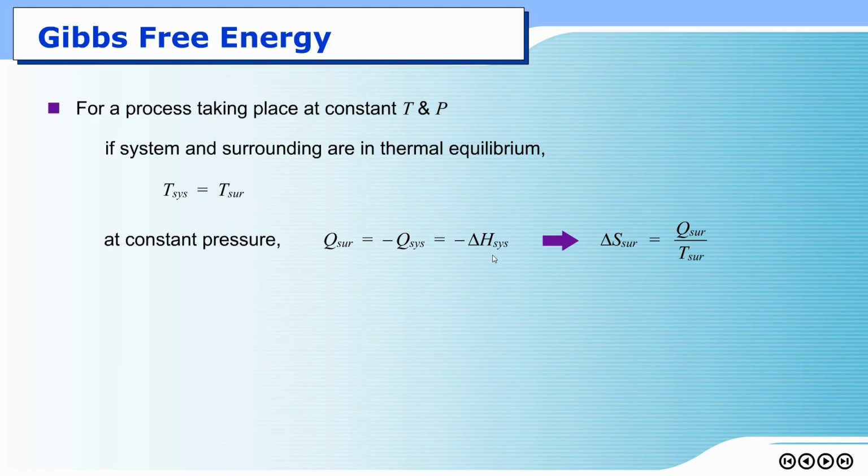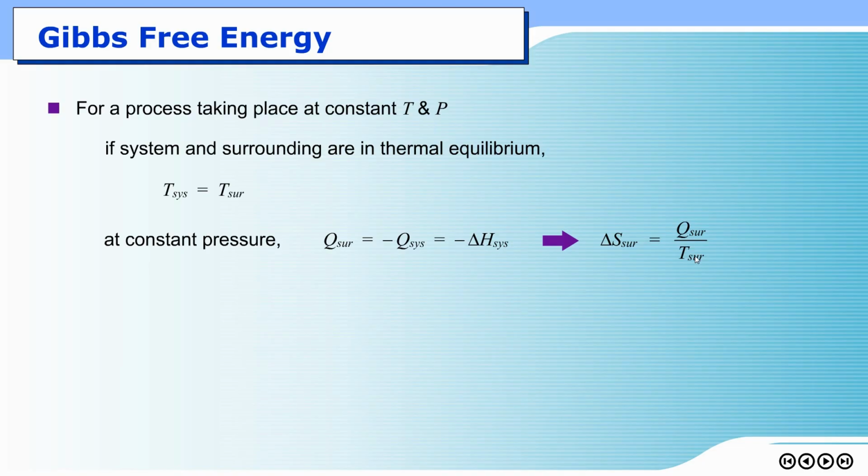Therefore, if we replace this into the definition of entropy, we can calculate delta S of the surroundings from the heat of the surroundings divided by the temperature of the surroundings, assuming that the heat transfer from the system to the surroundings is reversible, just like what we mentioned in the last part of lecture 4B,